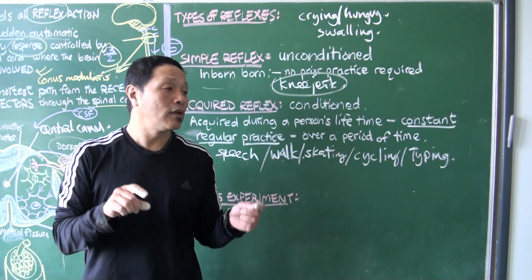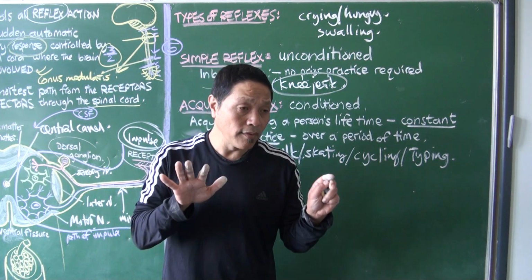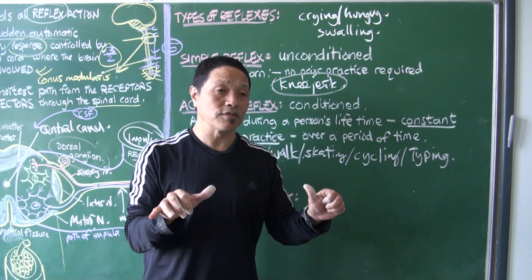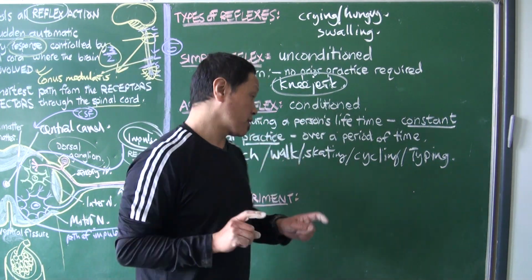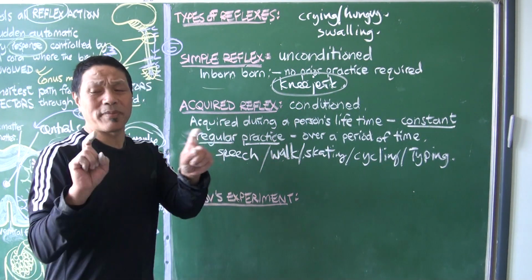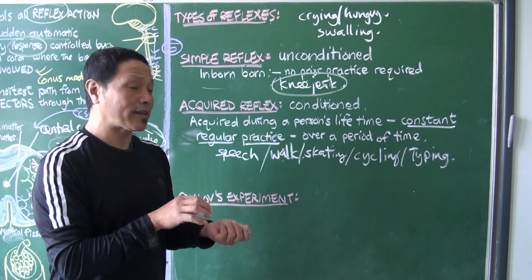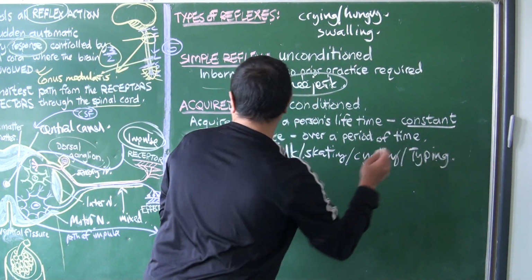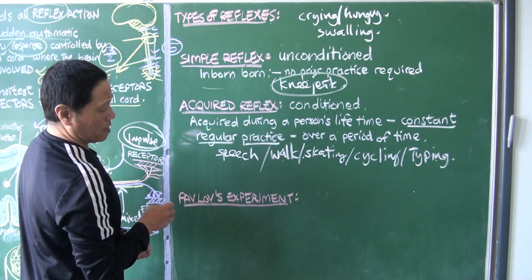Typing meaning using all your digits, your 8 fingers and 2 thumbs. That's typing, not hunt and pick with 2 fingers. You don't need practice for that. But if you really want to type with all of your digits, you need to practice it. So that is what we call acquired reflex. Typing,